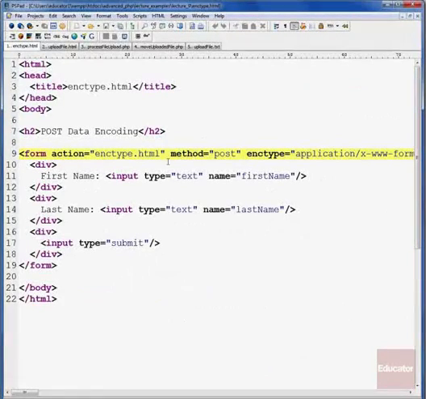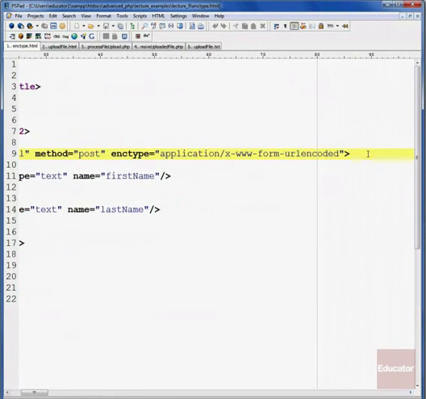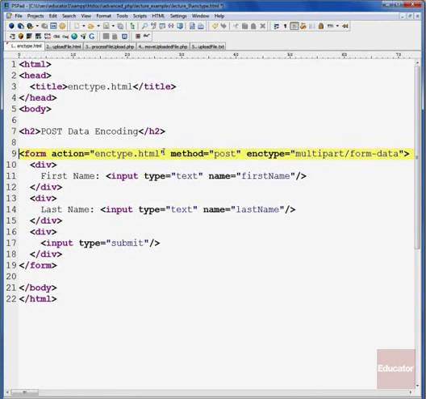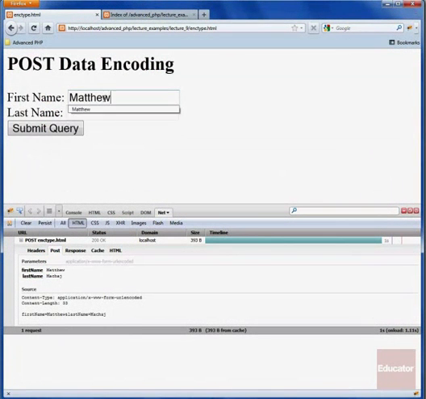So if we go back and look at enctype.html, let me scroll over here, we can see that it was set to this URL encoding, which is the default anyways. And if we change it to multipart form data, we're going to see that when we submit this form, even though we're not doing a file upload here, we're going to take a look at how that data is encoded in the body of our post request. So if we go ahead and run the same form again,